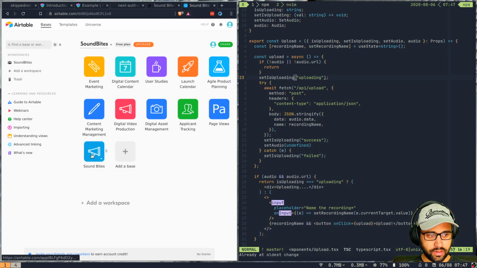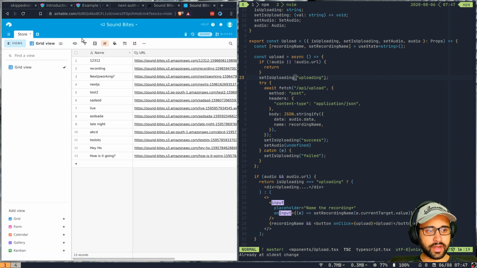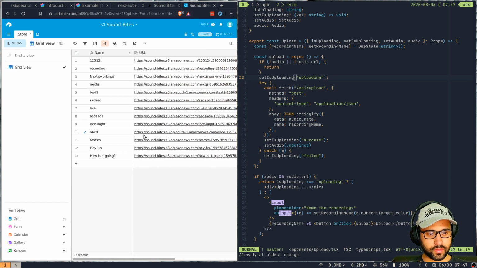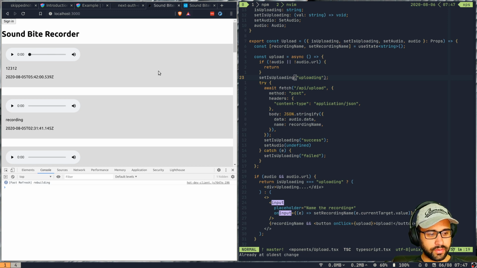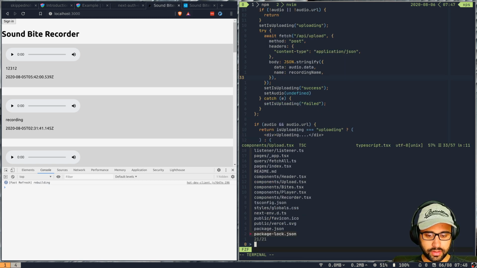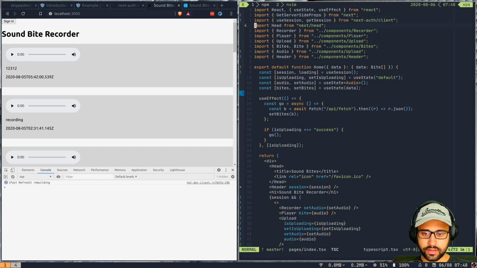So in our sound bytes table, or we could have a separate table, but I don't think that makes sense for such a small application to emulate joins using Airtable. We might come back to that, but we don't have such a need right now. So let's pass the session to the upload function, which is in index. So to upload, we'll also have another parameter called